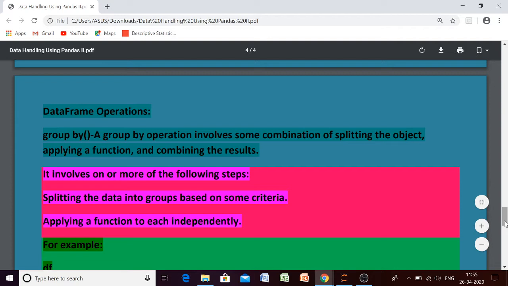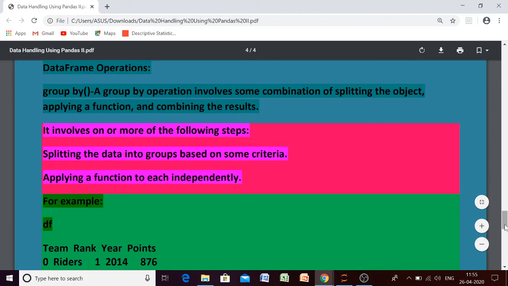First, splitting the data into groups based on some criteria, which I will explain. Then the aggregate function can be applied on those groups independently, and then we will have our result. So basically we split our data frame, apply a function, and then we have a result.